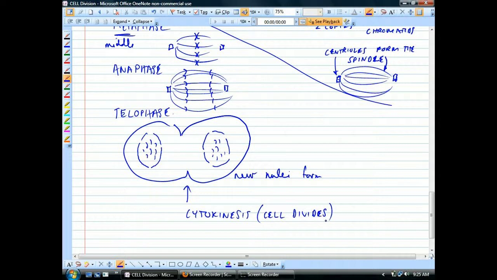So what happens is a little belt thing forms around the outside of the cell, and it just constricts and constricts and constricts until it splits the cell in two. Pinches it in the middle until it splits. And that is a brief overview of cell division. Now, when you get back,